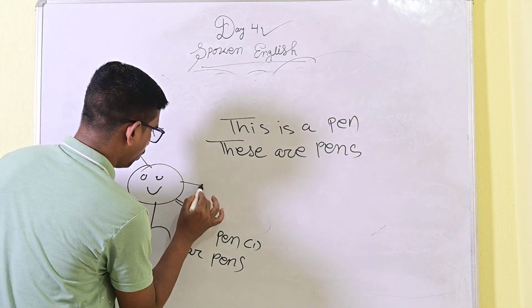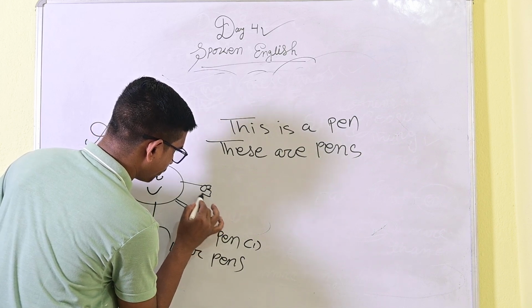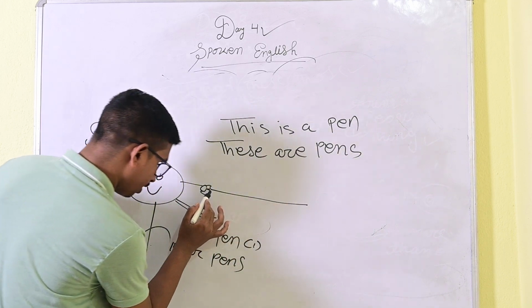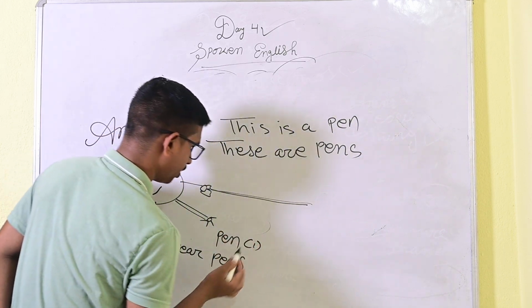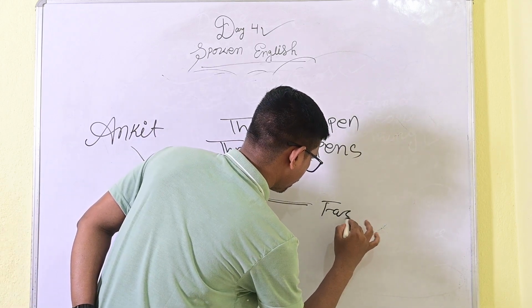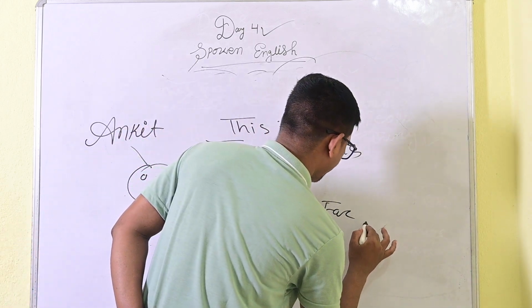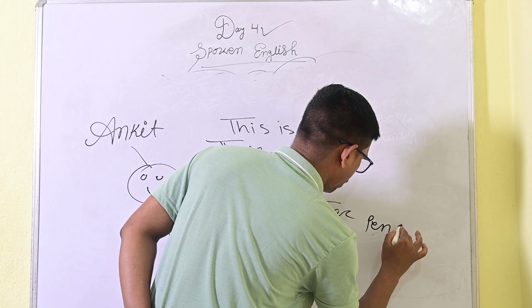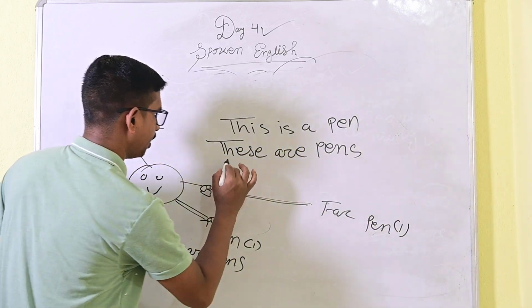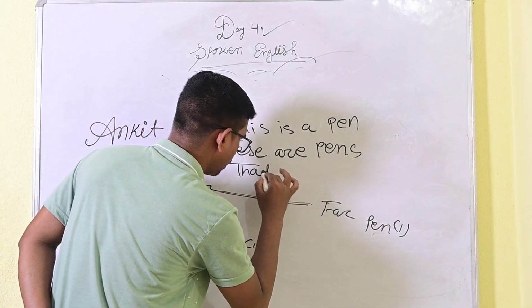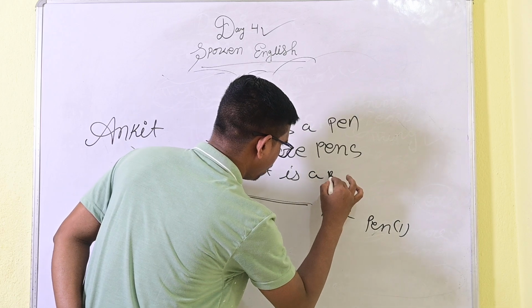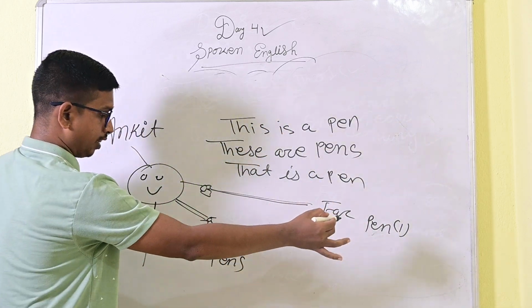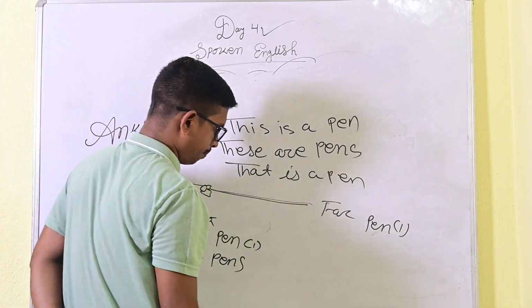And now Ankit is showing finger. Look at the direction. It is toward the far direction. And there is one pen. Then Ankit will say, that is a pen. If there are more than one pens,